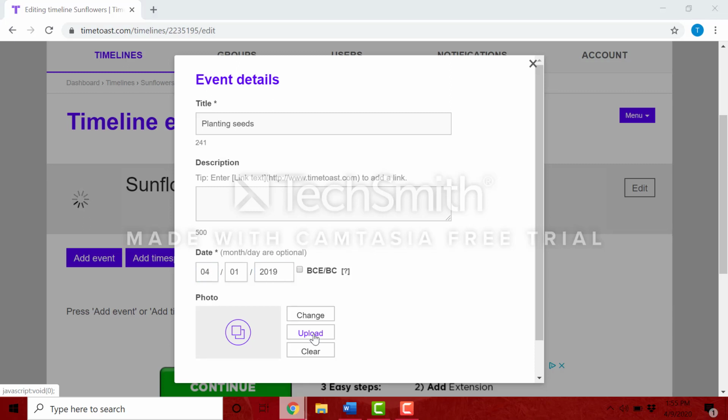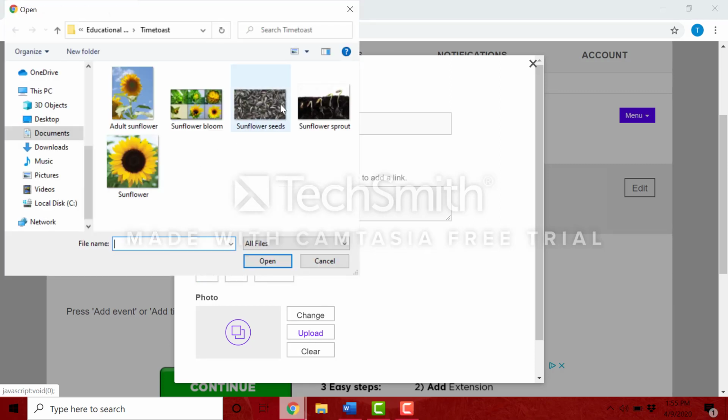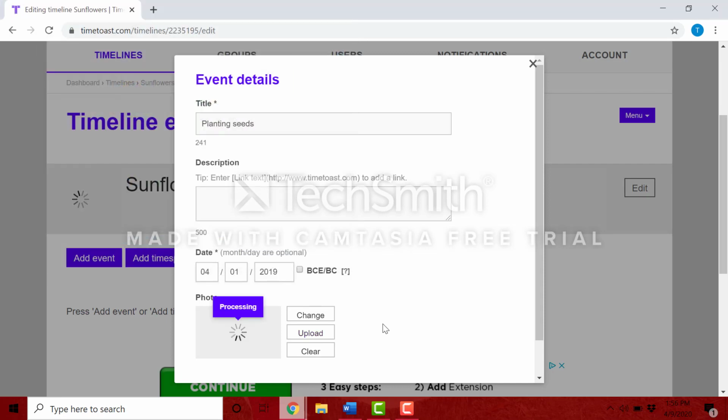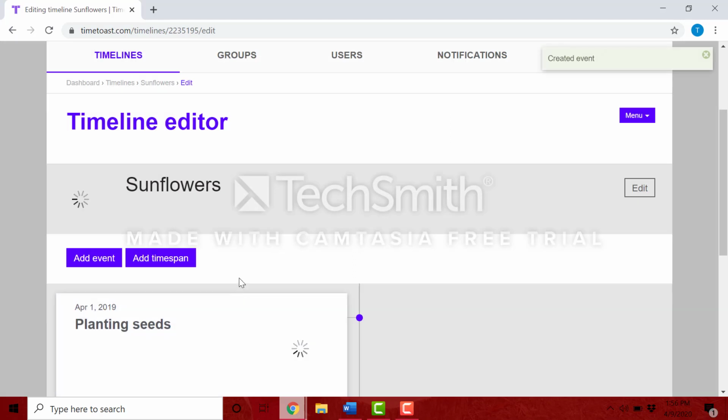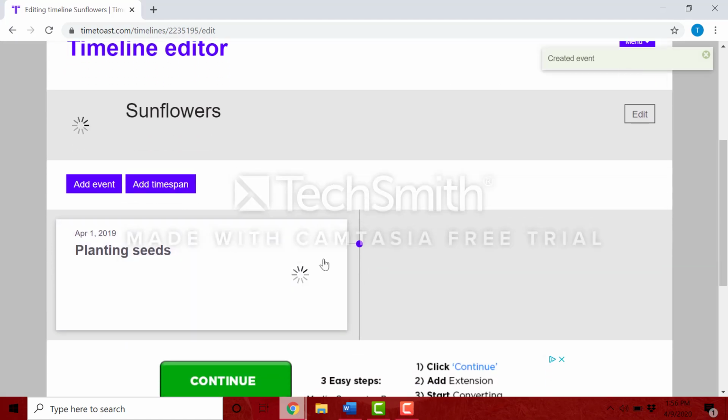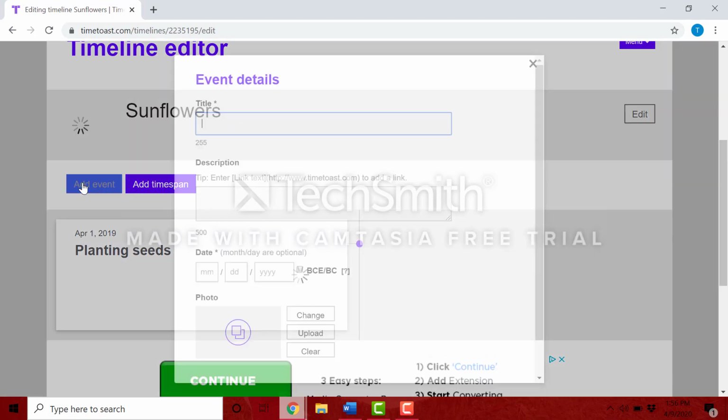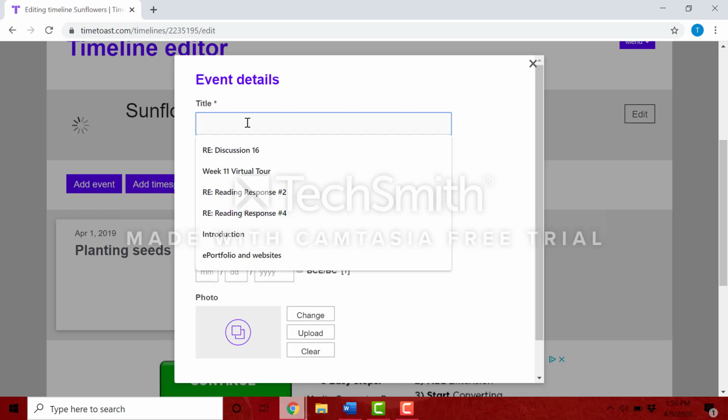So we'll hit upload and we'll come over to the sunflower seeds. And again, it'll take a while to upload the photo, but it will eventually show up. And then you'll hit Create Event. Now you see that we have the event Planting Seeds. Now, all we have to do, again, is hit Add Event, create a title,